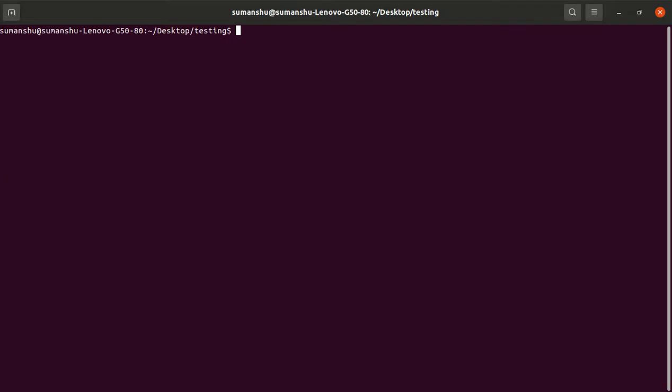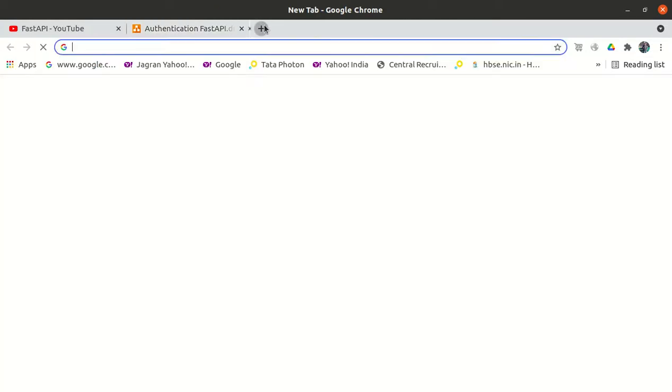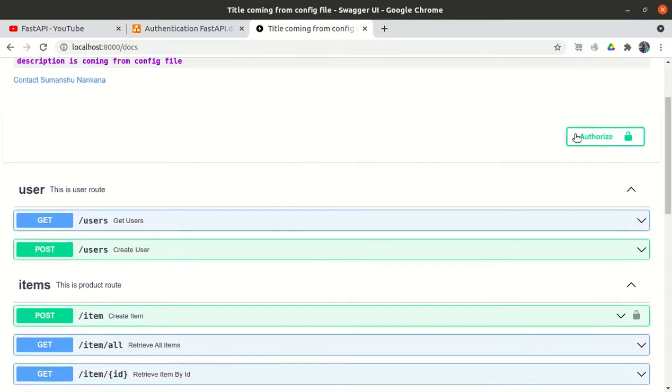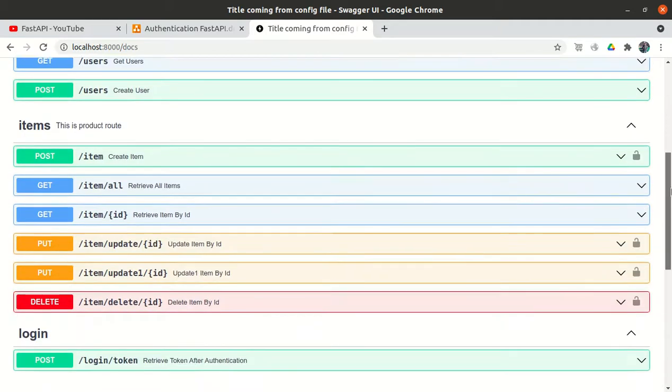So first let me activate the environment. Okay, so let me start the app just to show you how the app looks till now. So the app has been started. Let me go to localhost 8000 and to the docs. We have implemented the authorization part, and it is properly working, but the problem is